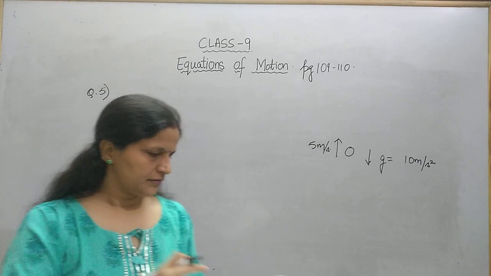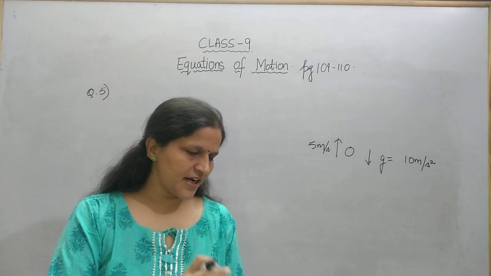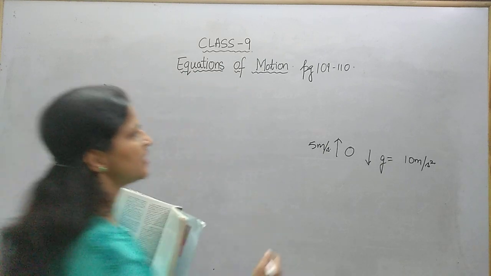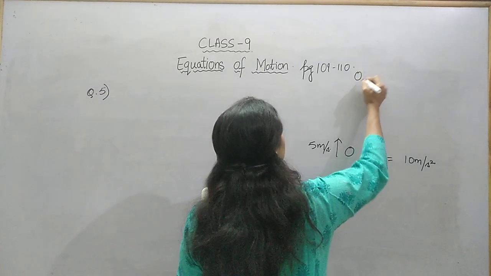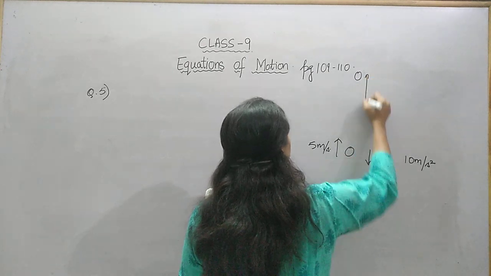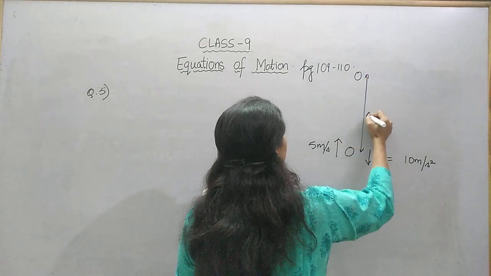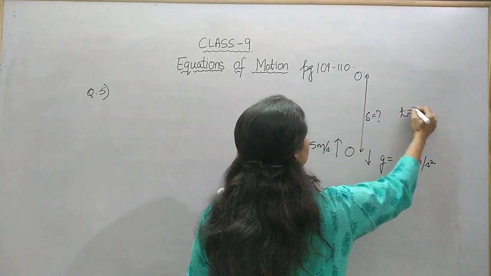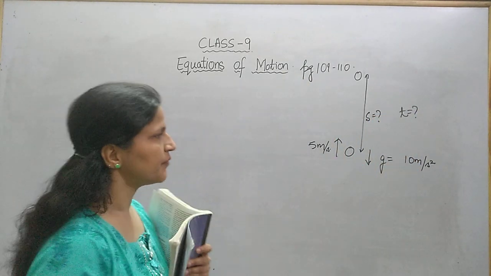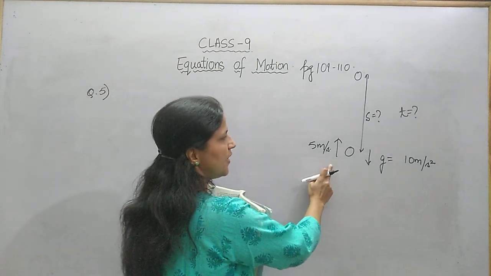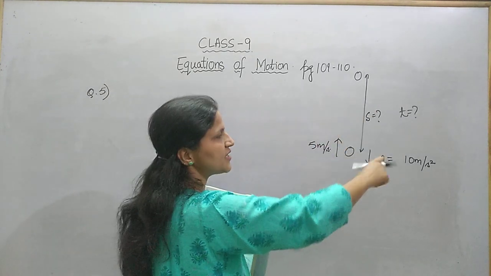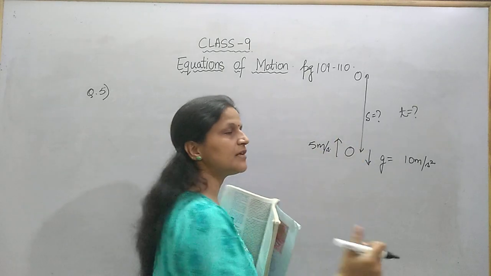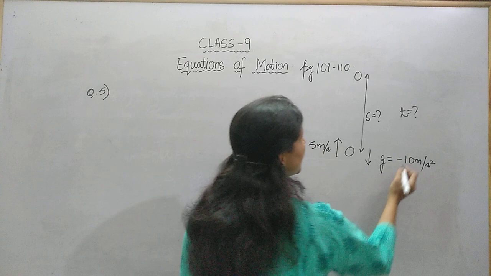Then what will be the height attained by the stone and how much time will it take to reach there? ये पूछ रहा है कि stone ऊपर जाएगा तो what will be the maximum height attained by the stone? यानी हमें ये displacement निकालना है और दूसरा हमें निकालना है कि how much time will it take to reach that height? Here in this question, the velocity is upward and the acceleration is downward. So this acceleration is retarding the motion of the body, so we will take it with a negative sign.